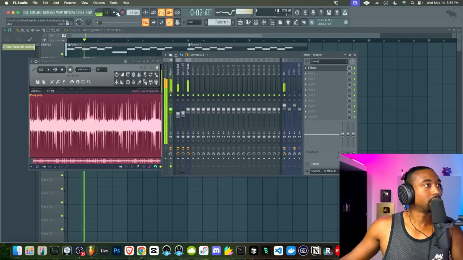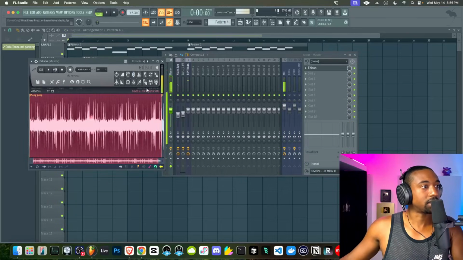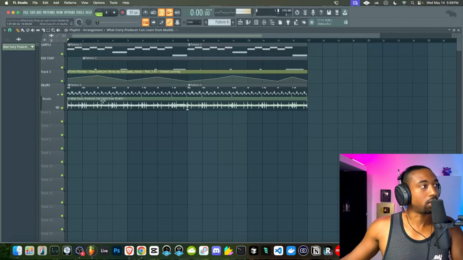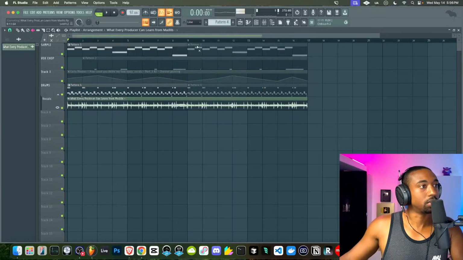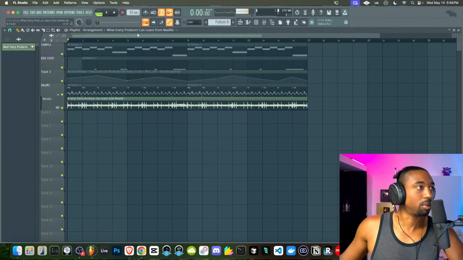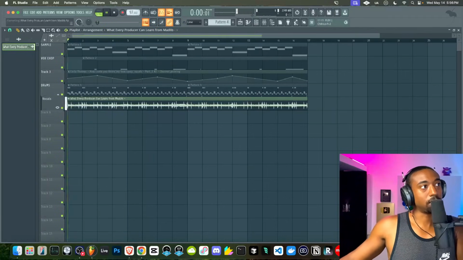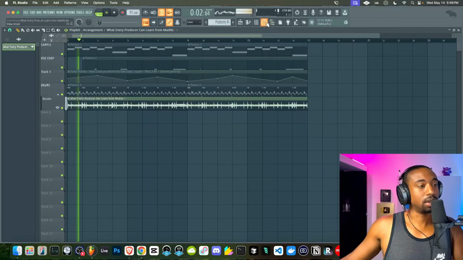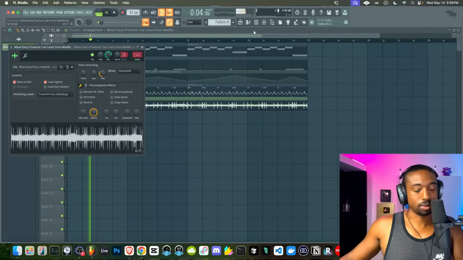All right, so now we have this. We can double click where it says song jump, send it to the playlist as an audio clip. We could just mute everything with the mute tool. And now we have the audio of the entire track. Let's double click, go to mode, stretch mode, and then go back and switch it to resample mode. So now what we could do is change the BPM to get different vibes. And this adds that final texture.